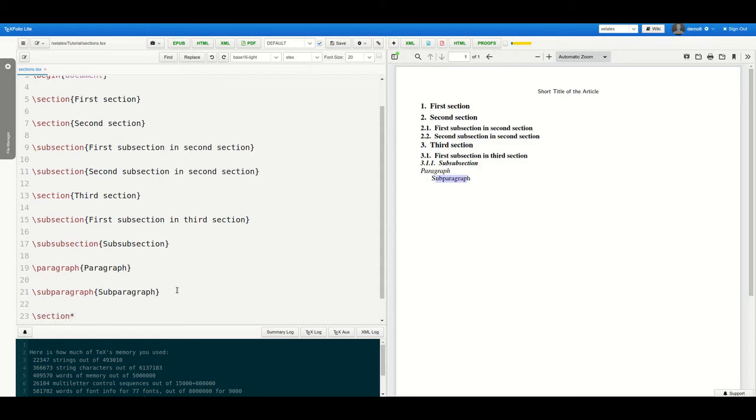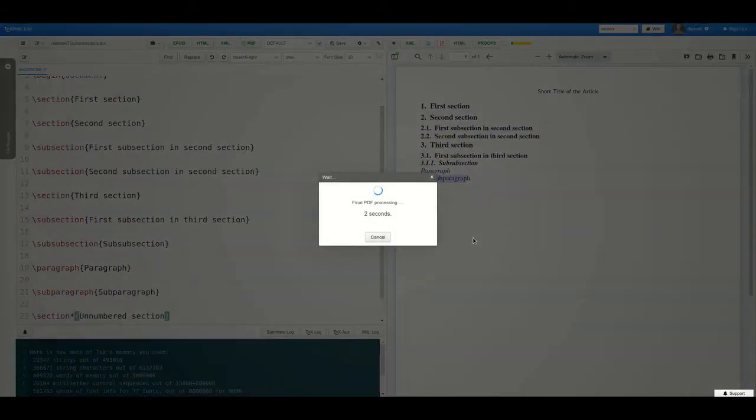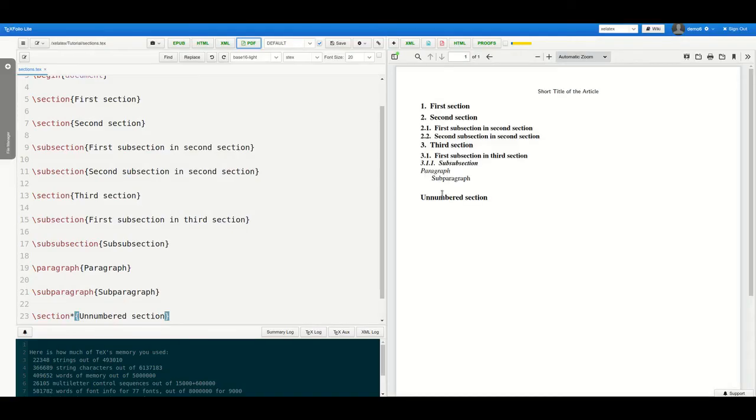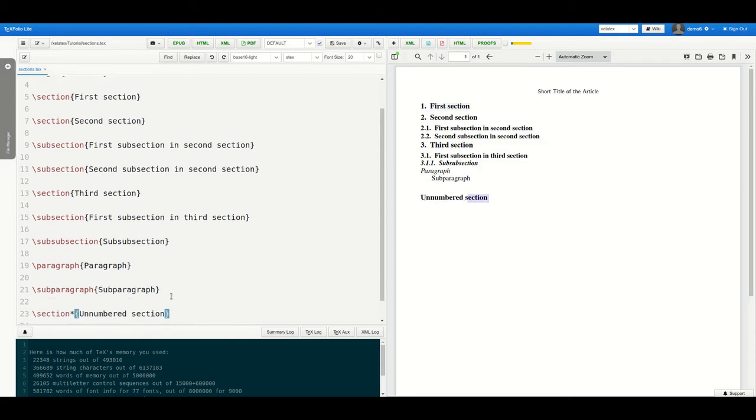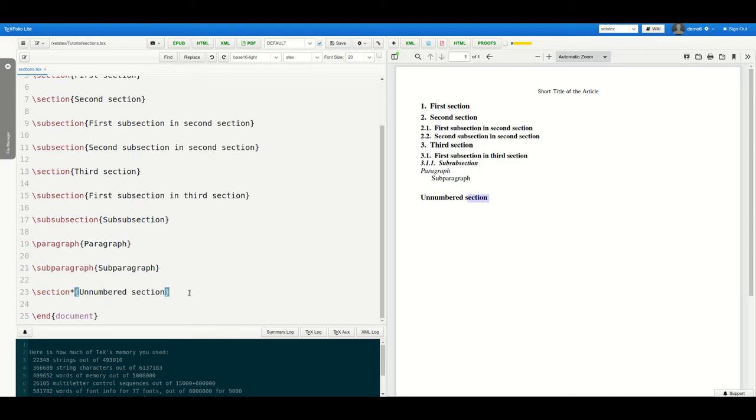Now we can use unnumbered section for other sections also. For this you can use starred version. Here starred version of section command is used, that is section star. Now the section appears the same as the first level section without number.